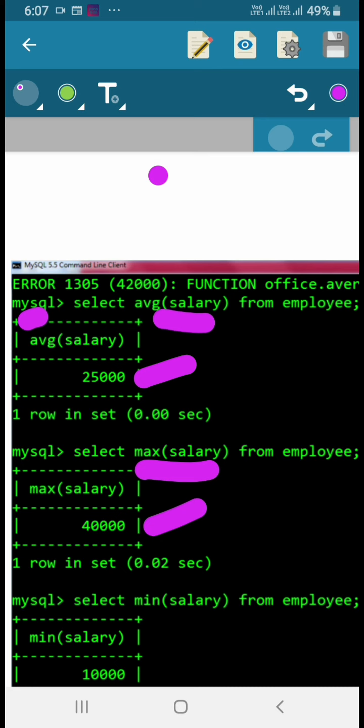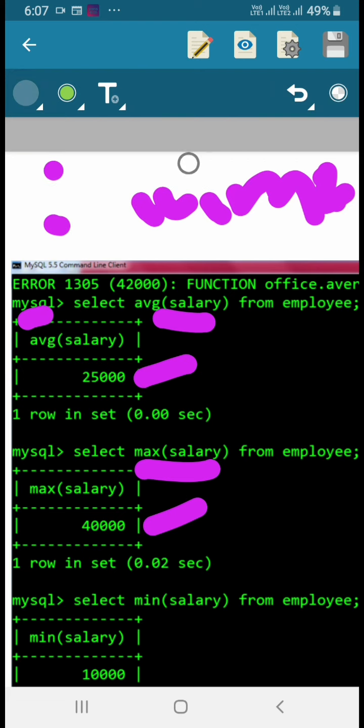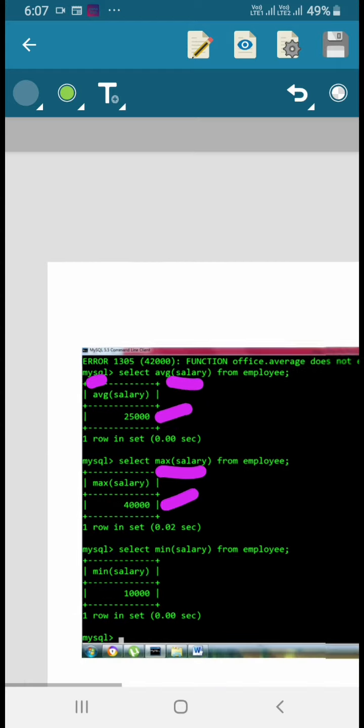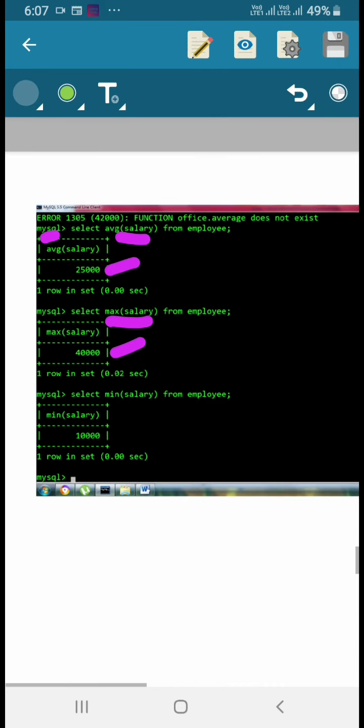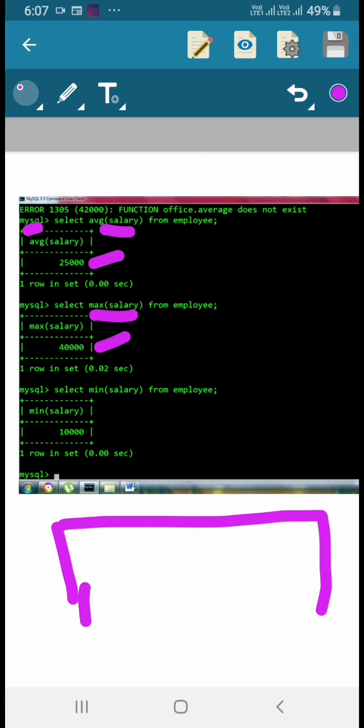We will get two columns. The first column will display the name of the employee, the e-name. I'll write and explain to you so that it displays the table. We'll have a table in which two columns will be generated.